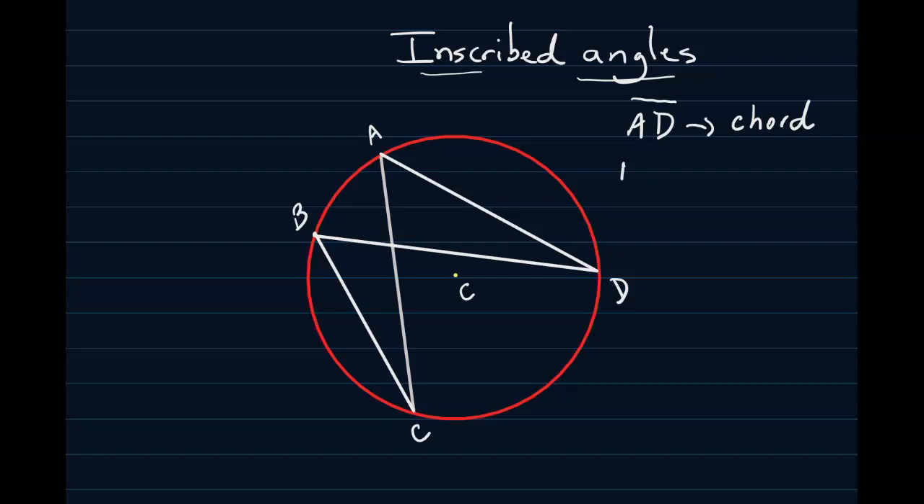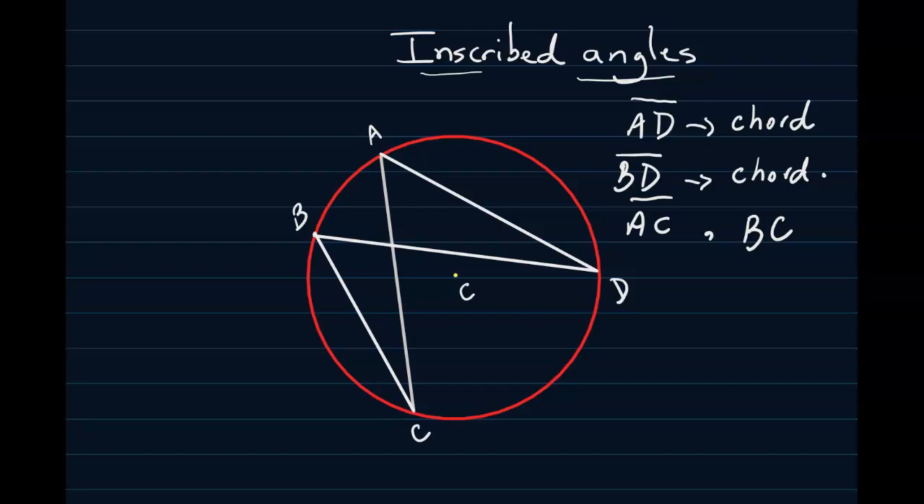There's another one, BD, and the notation, the line on top, actually means it is a chord. We don't have to write chord anymore. And the next one, you can say AC and BC. So they're all chords for this specific circle. Notice that